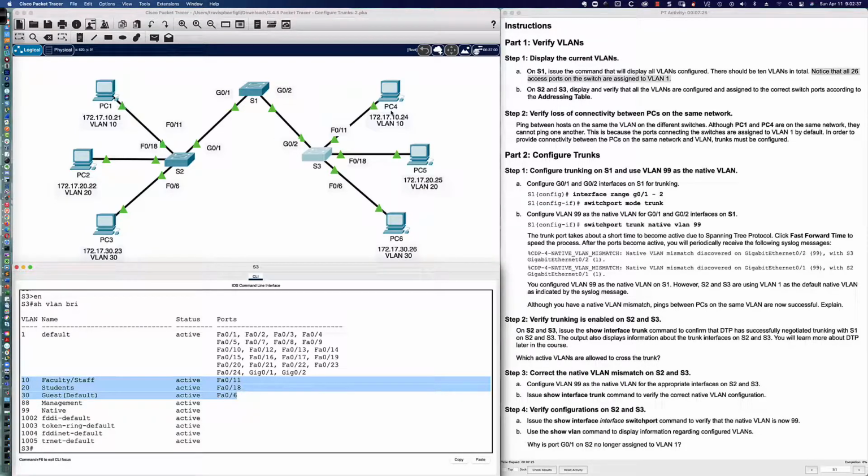And that's because the only VLAN that was allowed to transit those links before they became trunk links was VLAN 1,